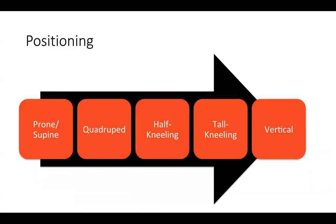I use the 4-4 matrix, which is actually from the SFMA, Selective Functional Movement Assessment. And this is the order that they use when they're applying exercise. Let's say it's a chop or a lift. These are the positions you would move the person through to ensure that they learned how to do the exercise well and adapted well. So what I do is breathing with my people in prone and supine,